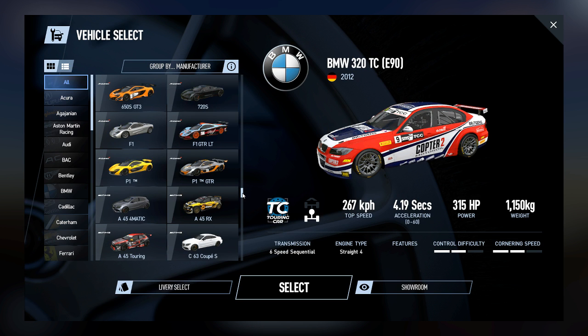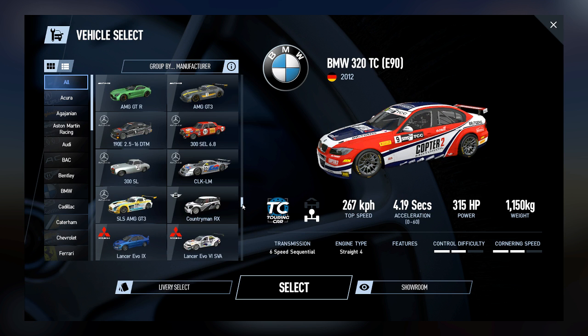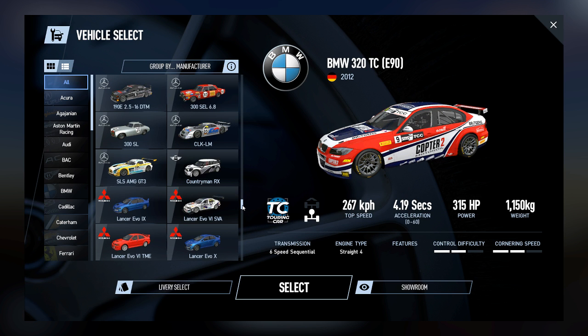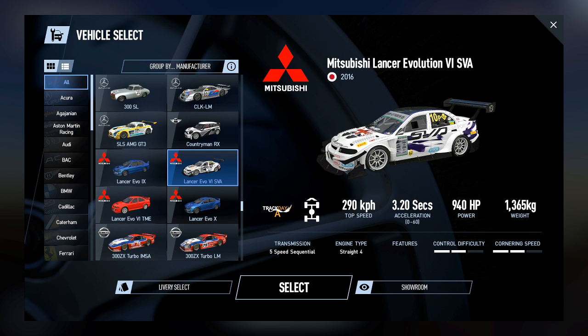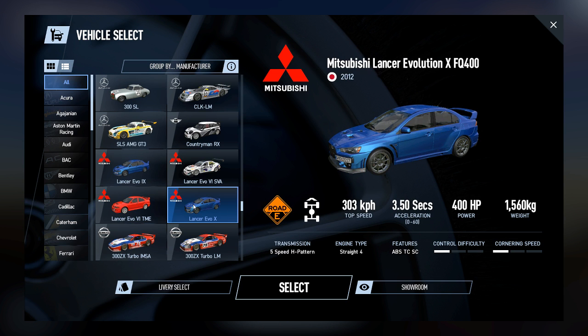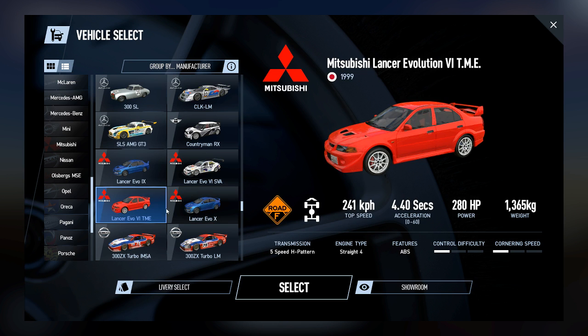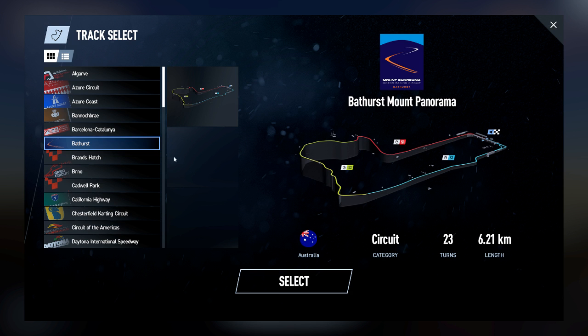Let's just grab something at this point, eh? Just grab a rallycross car. Oh, Lancer. What the hell is that thing? That looks pretty mental. Evo 10 or an Evo 11? Look, let's just go on a bit of street car stuff, eh? 400 horsepower in that big girl. Let's just go in that, and let's go to...